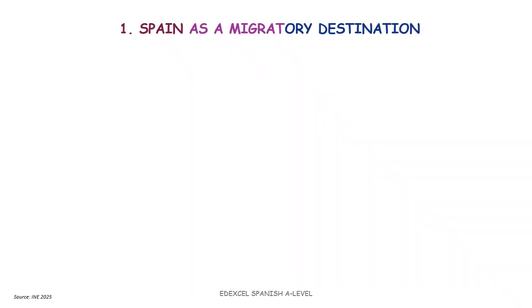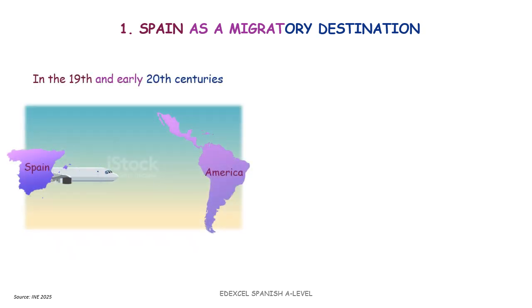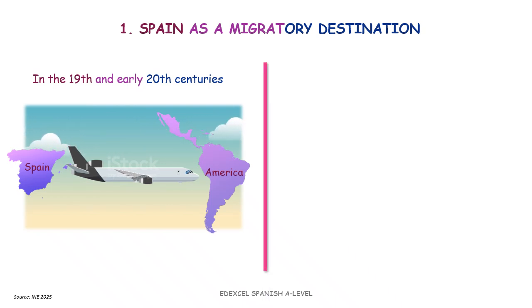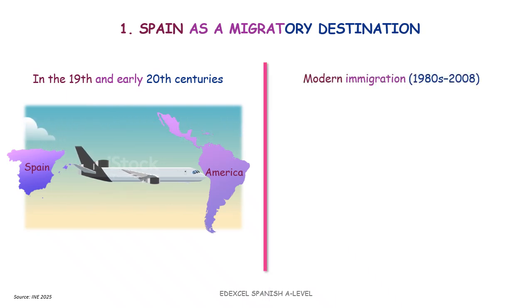Very quickly, let's look at the background, because for centuries Spain was more a country of emigration than immigration. Millions of Spaniards emigrated to Latin America, Argentina, Cuba, Mexico, Venezuela, and to Europe in search of work. But starting in the 1980s, Spain changed from being a country of emigration to a country of immigration due to